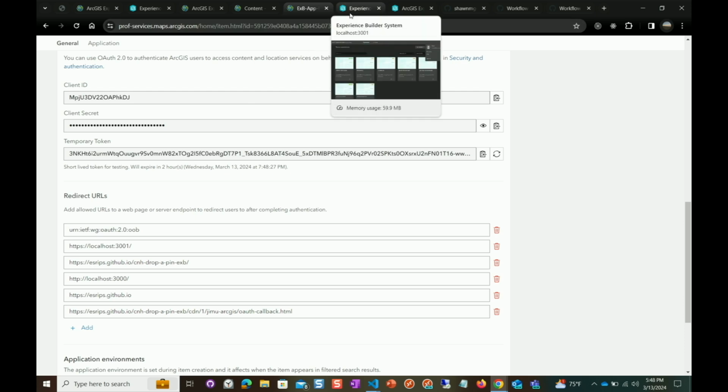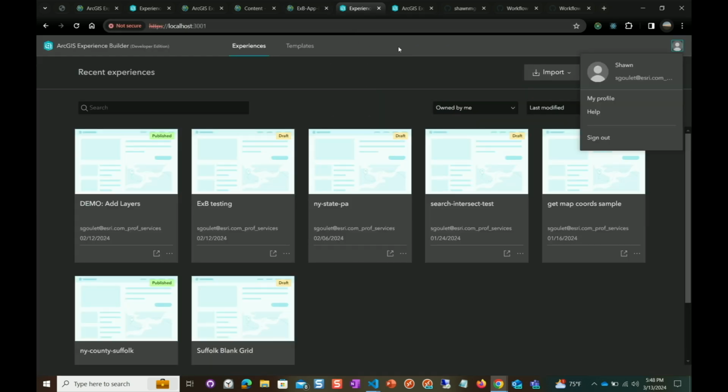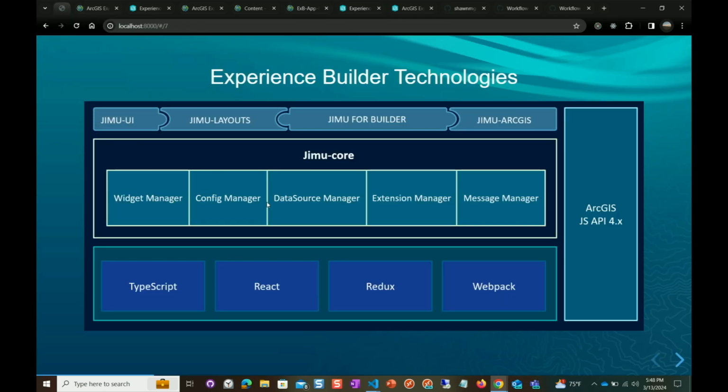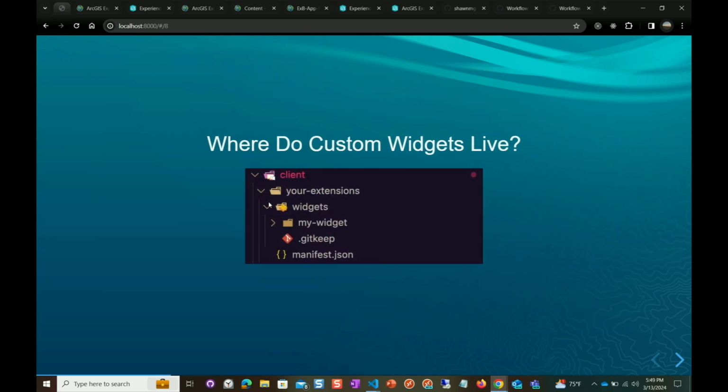And so all of these things are built on top of the technologies that we just talked about. And now we'll get into the custom widget discussion from here. So now that we're actually going to start looking at how we can get started with a custom widget, we'll